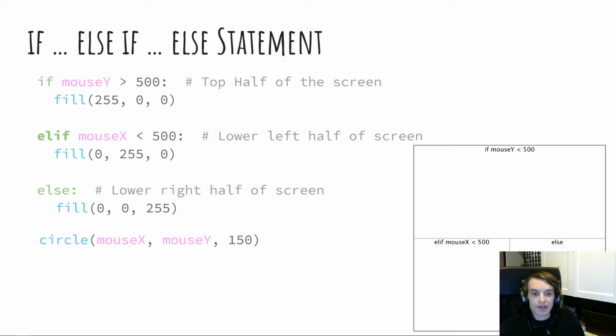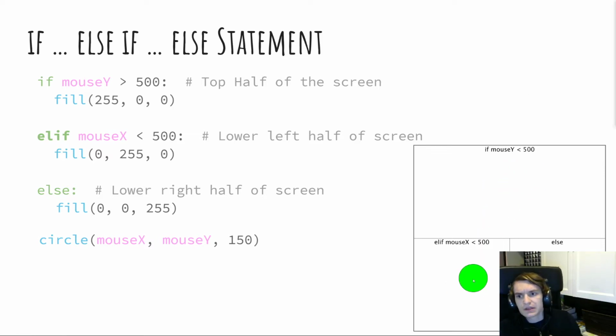If mouse y is greater than 500, which corresponds to us being in, actually the comment there is wrong. That's actually if we're in the bottom half of the screen, which you can see. I think it's just the on-screen code that is wrong. Our apologies again for that.